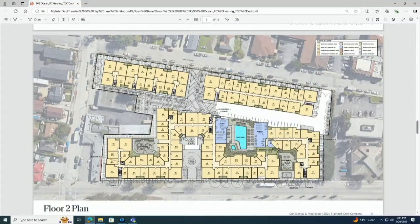So on the upper floors of the buildings, you can see the 2 buildings in back, which are 3-story buildings. That's on the top of the page. And then along Ocean, which is the bottom of the page, is our main building, one large building that's been massed down to 3 separate building frontages. This is achieved through that mid-block paseo and porte cochere. And then we also provided a smaller court that breaks down the building a little bit more in the bottom